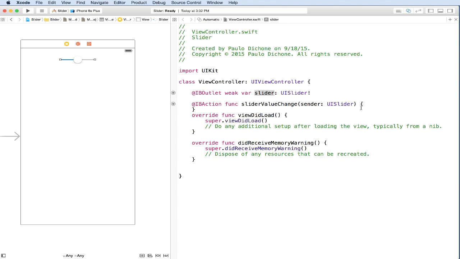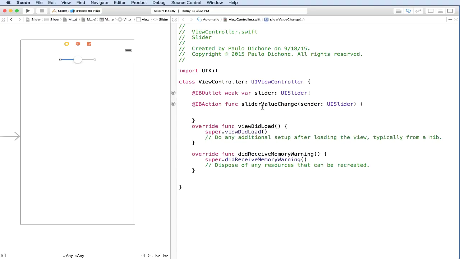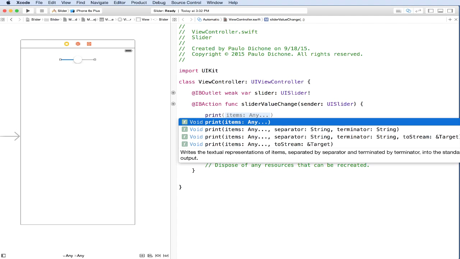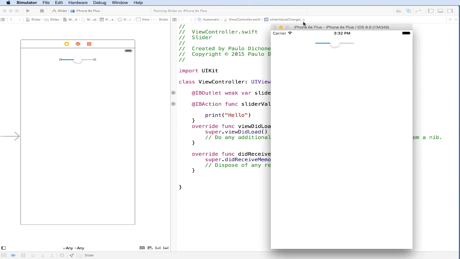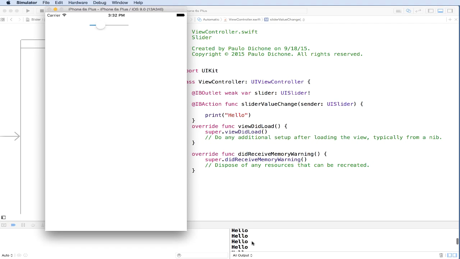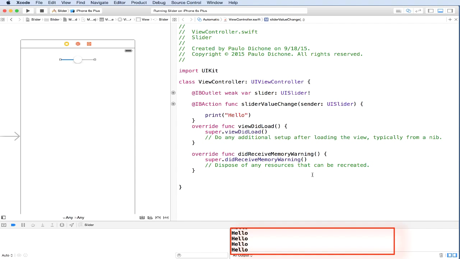All right, so as you can see here, we now have our slider value change function, which will naturally keep track of our slider here as we slide left or right and change values. Now, to make sure this is working, let's go print something inside here. Let's say hello. Let's go ahead, save and run this. And there it is. Naturally, if we move this, we should see hellos happening at the bottom here as we slide left and right. All right, so there's a lot of hellos. Perfect, so at least we know things are connected and are working.